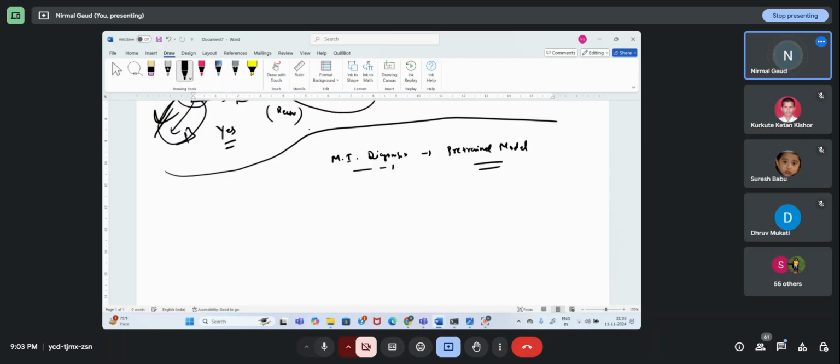What is a model? A machine learning technique, that's what you call a model. It's an AI model.